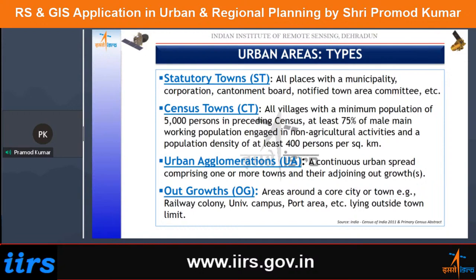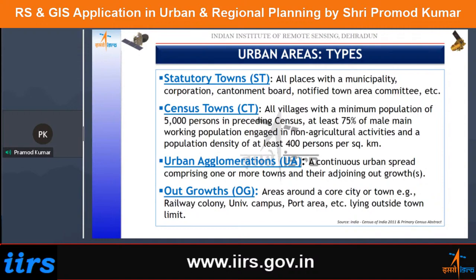But because of certain government and policy intervention, or because of some infrastructure facility which has come up, the settlements surrounding it form the outgrowth category. That's how the urban areas are sub-categorized. Now, if you see here, the towns, as per Census of India,